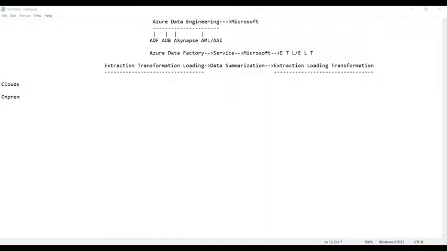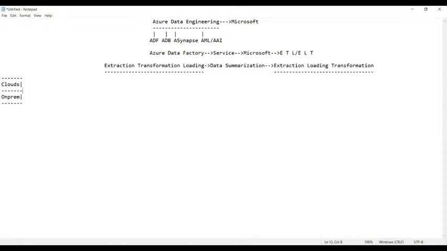Everyone, are you able to hear me? Yes, sir. On-premises. Before we go ahead, I wanted to know from you first of all, do you know the difference between the clouds and on-premise? Need not hesitate, everyone. Just tell me what is the difference between clouds and on-premise. Any idea or not?